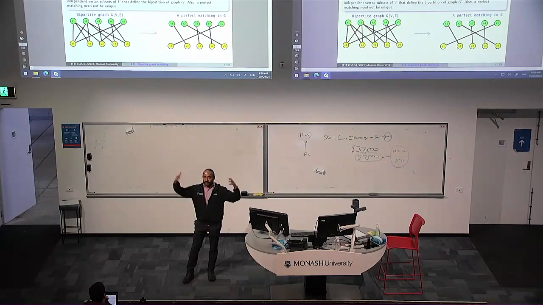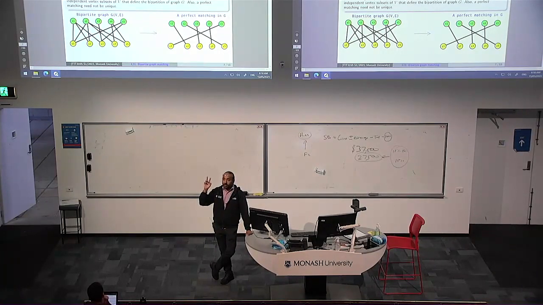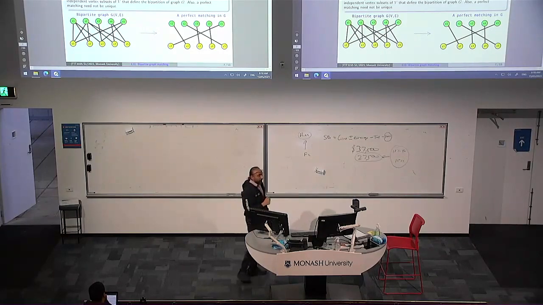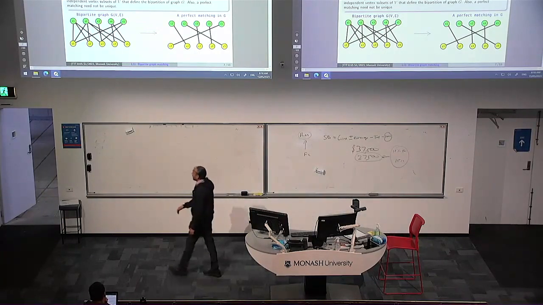If it's perfect, then if there's unequal number, then there's a problem, isn't it? If there are only 5 and 3 as in the previous case, the maximum cardinality is no more than 3. So there'll be 2 of them in the green that will still be unmatched in the previous case. But here, if you have an instance where you have equal number of vertices, you end up with